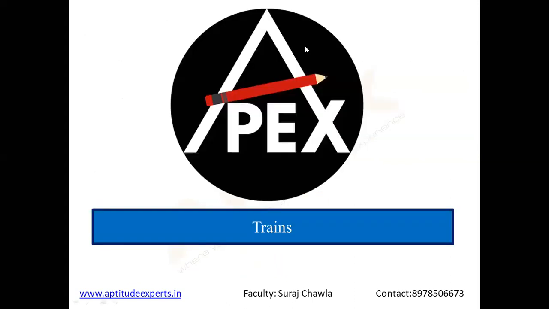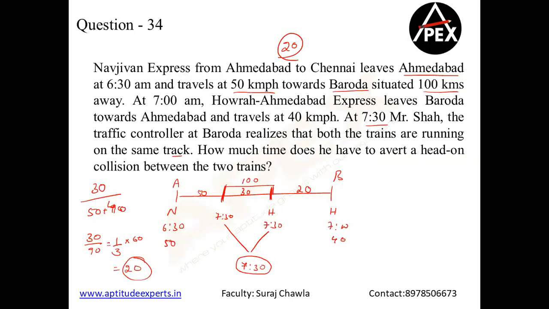Clear? So we'll start from trains kind of models tomorrow, guys. We are done with average speed, basic proportionality, basic questions, and we have also done relative speed. Clear? So from tomorrow, we'll be discussing the questions on trains and boats and streams, and mostly we'll be winding up this topic tomorrow. Okay? Thanks a lot, guys.